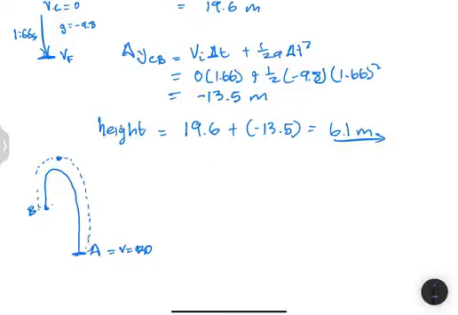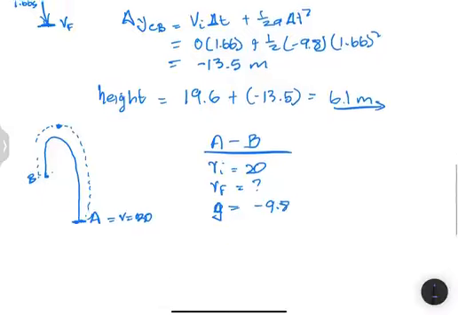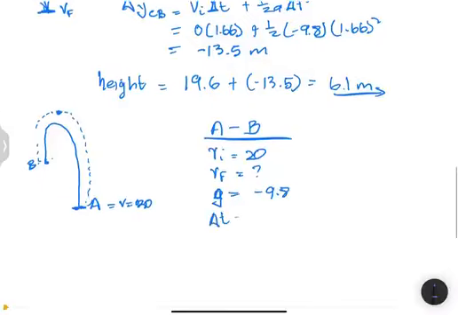So if I take information from A to B, the initial velocity would be 20, final velocity still unknown to us, and gravitational acceleration is negative 9.8, but the time in this case would be 2.04 plus